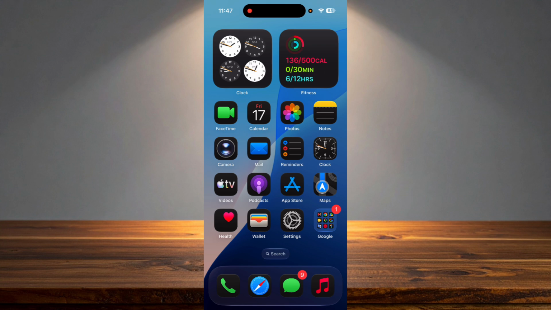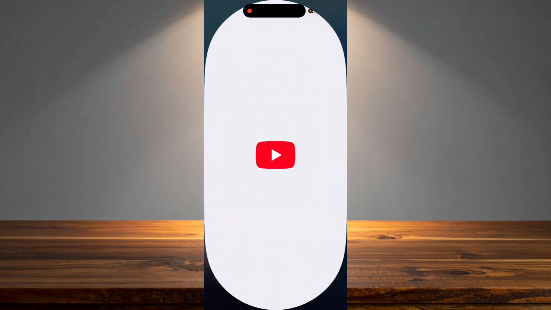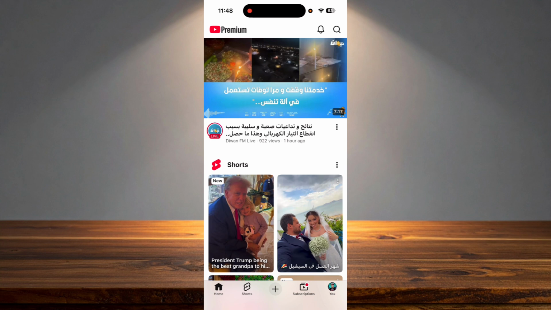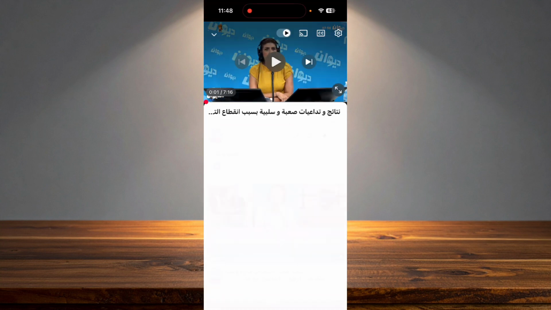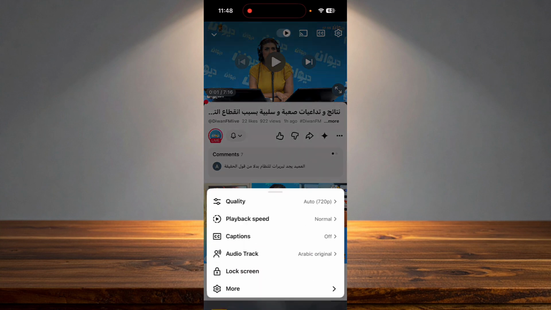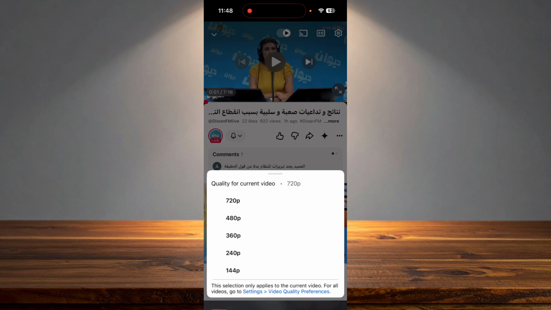The second solution, if your internet is a little bit slow, you can in that case lower the video quality a little bit. You go to YouTube, and after that you go to the video. And after that go and click on settings on the top right of the screen, and here in quality click on it and change it to data saver, or click on advanced and change it to 480 or 360,